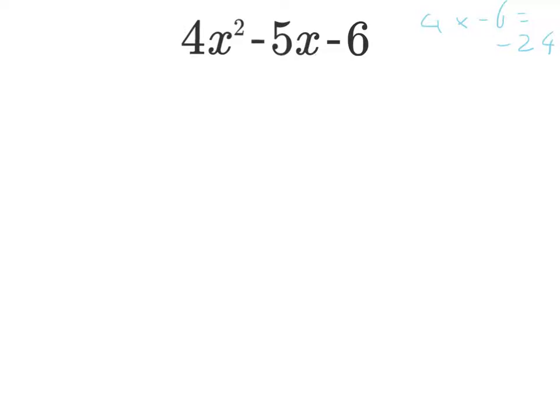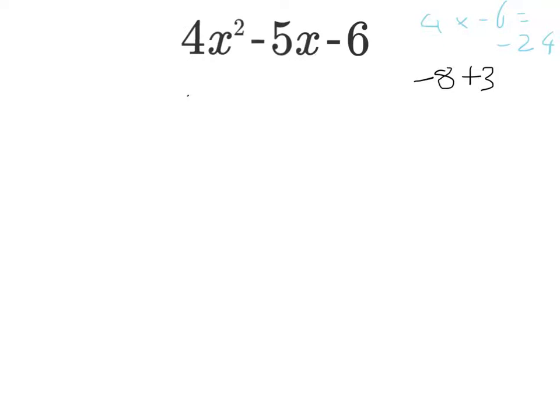Well, 8 and 3, they multiply to give me 24, they add to give me 5, but thinking carefully, they don't multiply to give me negative 24. So, negative 8 and positive 3, they multiply to give me negative 24. They also add up to give me the negative 5. So it means straight away